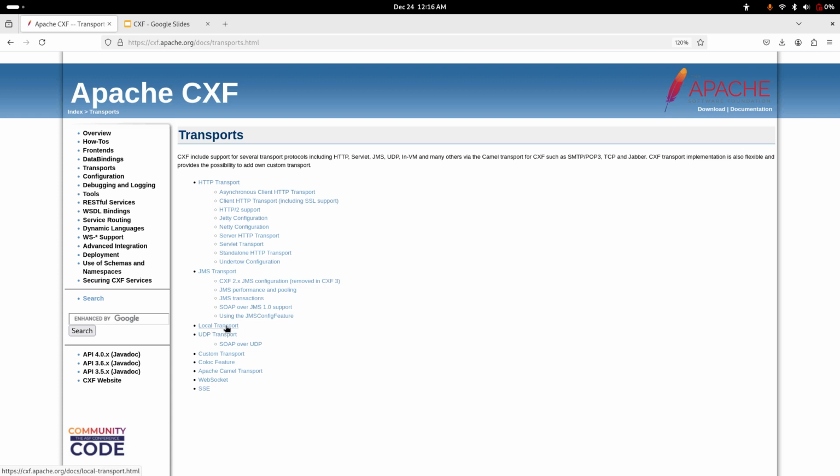Local is basically not going over the wire, but if you want to transfer data within a JVM, a Java virtual machine, you can use local transport for performance reasons. You can use UDP, and you can also bring in WebSocket, server-sent events, and also you can bring your own custom transports as well, and Apache Camel transport as well. Apache Camel is another project within the Apache Software Foundation, and some components of Camel depend on CXF,